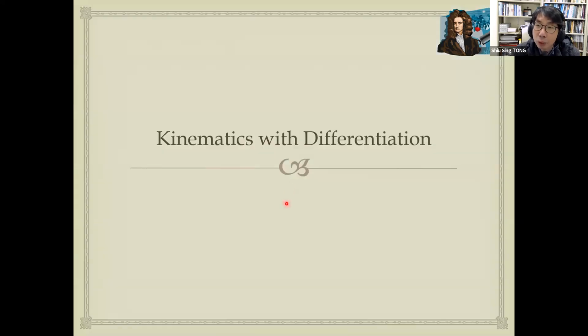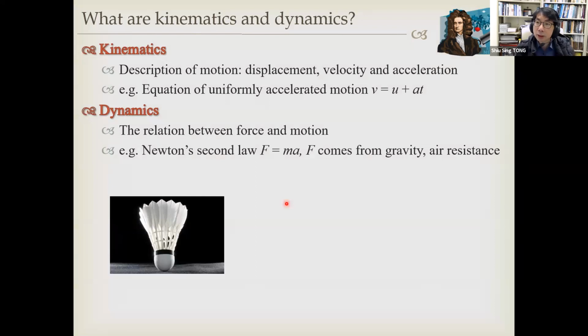Now then we come to a real description of motion. We come to the kinematics, and we describe the kinematics using differentiation, using the mathematical tools of differentiation. Now there are two words commonly encountered in mechanics. One word is kinematics. The other word is dynamics. So what is the difference between kinematics and dynamics? Do you know that? Now, as I say here,